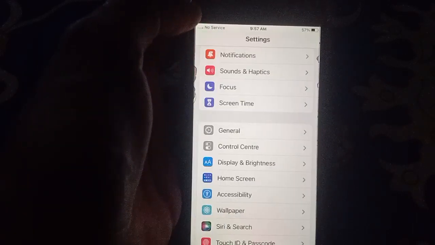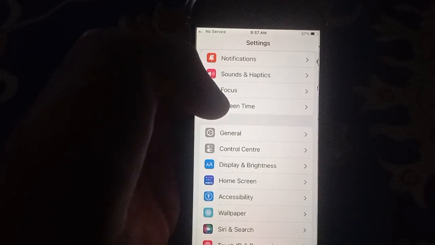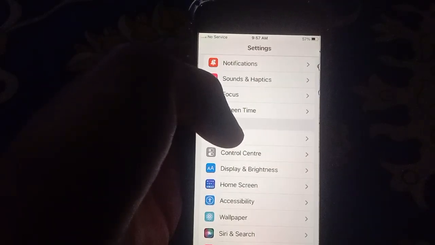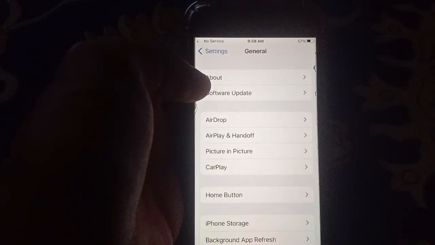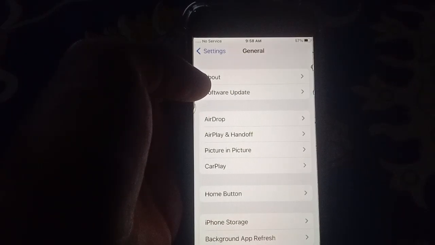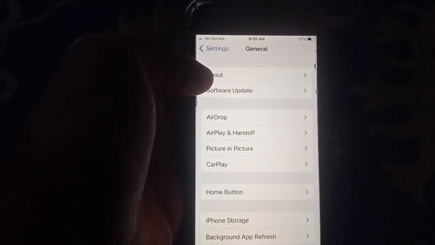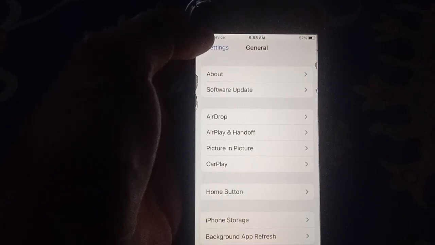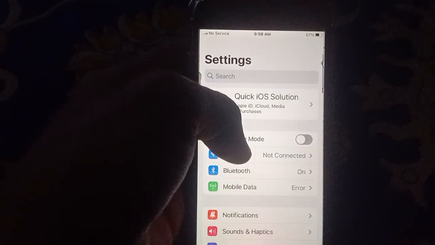If the second solution is not working, the third solution is to install iOS updates. To install new updates on your iPhone, click on General and then click on Software Update, and download and install the new iOS update on your iPhone. If the third solution is not working on your iPhone,